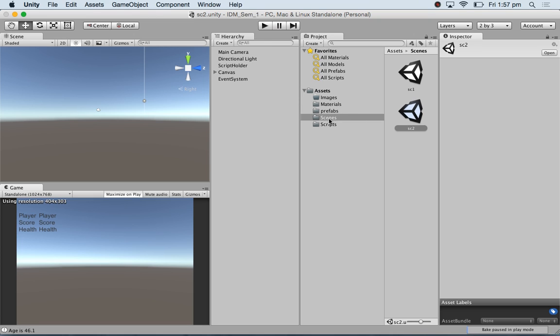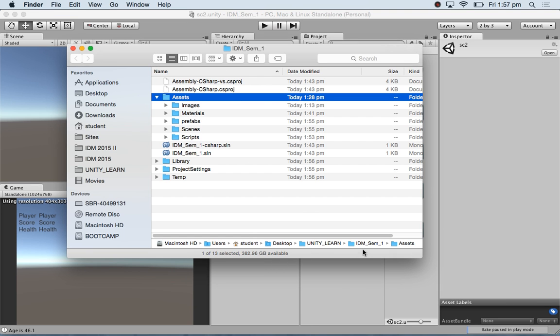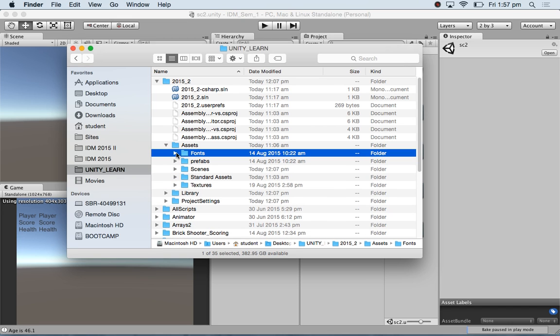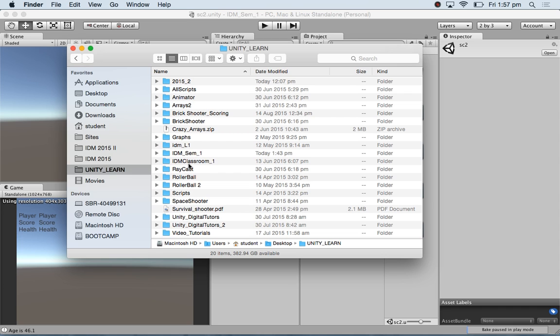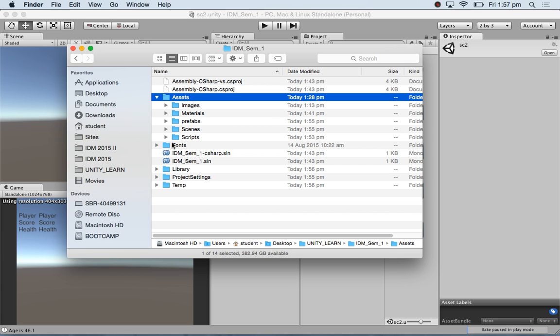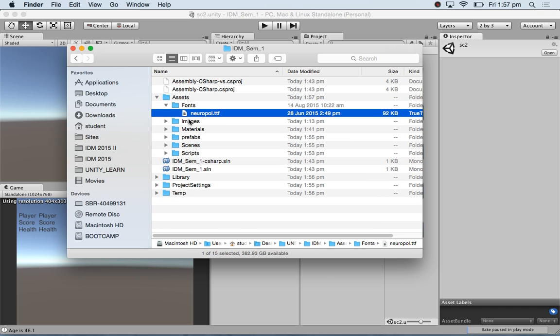In my assets folder, if I put a font, I can start using that font. So let me show you. Only some fonts can be used, not all fonts. If I just right click, reveal in Finder, somewhere in Unity Learn, I've got some fonts here which I'm going to put inside my current folder. My current project folder is IDM semester 1, I think. Yep. So under assets, I'm going to put this folder, fonts. I put it under assets. And under fonts, I have a TTF file. This TTF file has been downloaded from